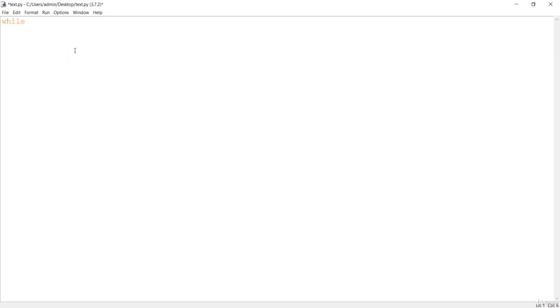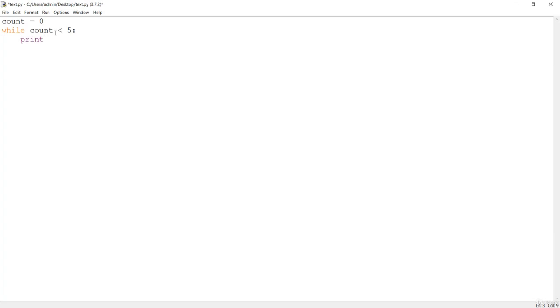All in lowercase, start with while, and you will say some variable over here. Let me do the same task as before, like printing the name. I'll say count equals 0. Then I'll check the condition: if this count is less than 5, that means this will be executed 5 times.